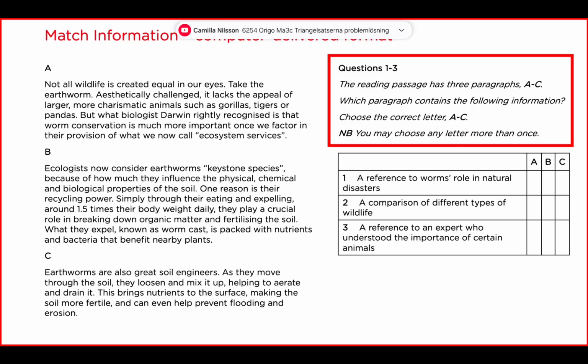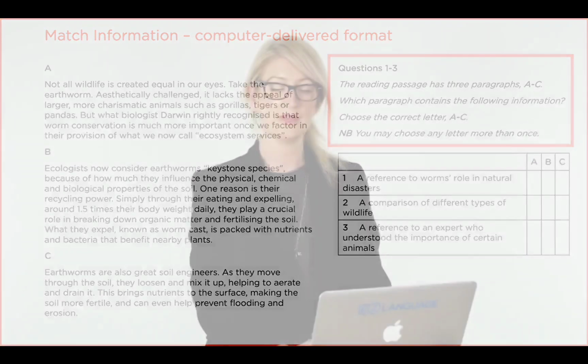And this is the question, which paragraph contains the following information? Choose the correct letter A to C, and note you may choose any letter more than once. So really it's asking me which paragraph, where can I find this information? Now this is not match headings, this is match information. So I'm not giving a heading to the whole paragraph, I'm looking inside the paragraph and finding a piece of